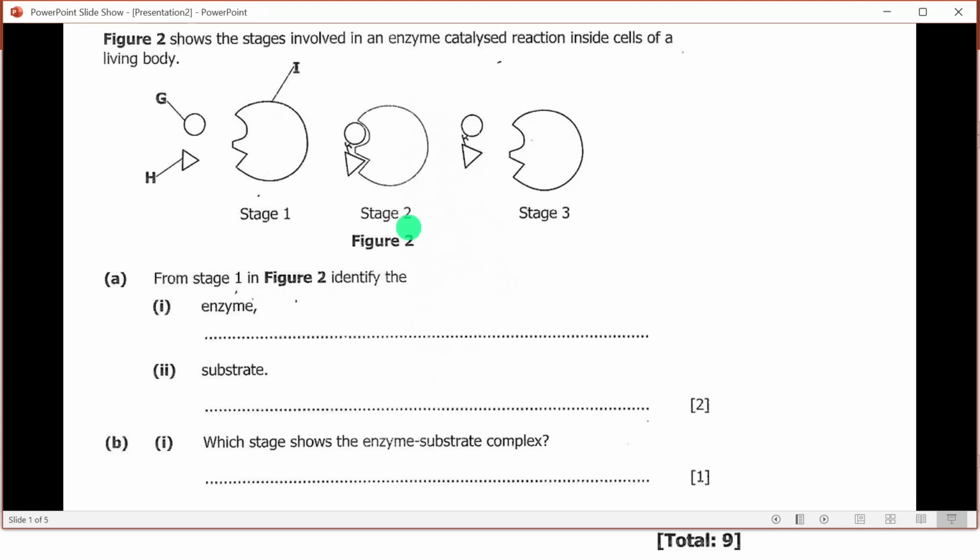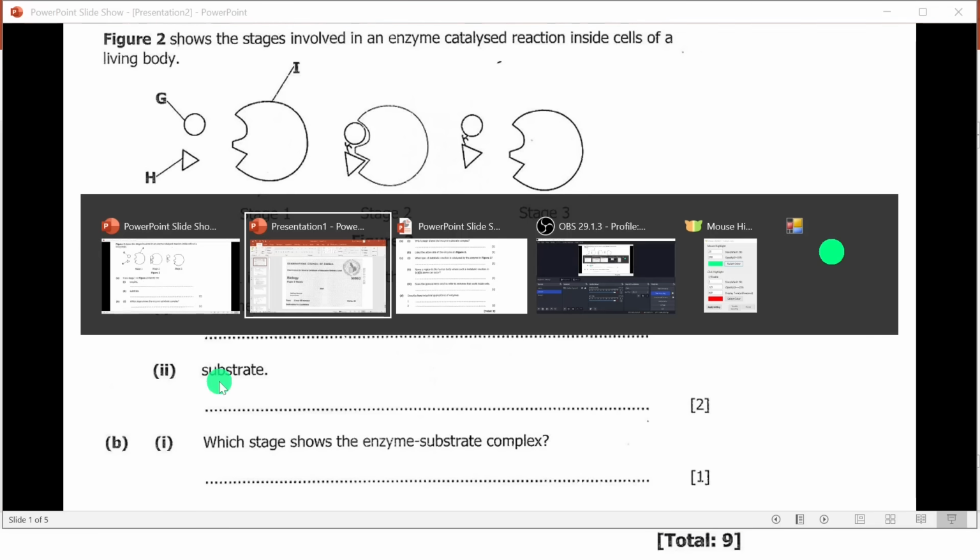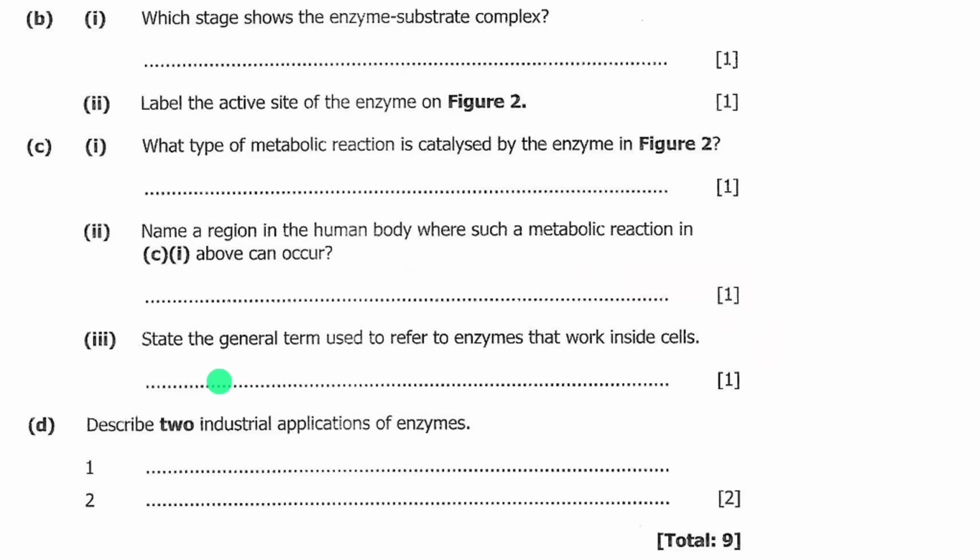So it is actually stage 2 here, which shows the substrate and the enzyme combined together, or rather the substrate bound to or binding to the enzyme. So whenever a substrate and the enzyme bind together, then that stage is what we call the enzyme substrate complex. All right, so here we are going to send the answer as